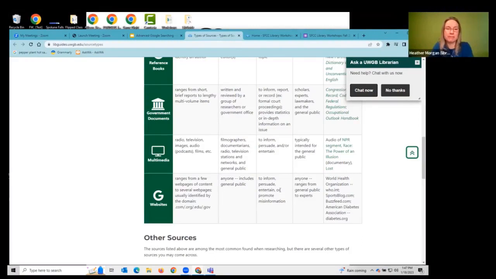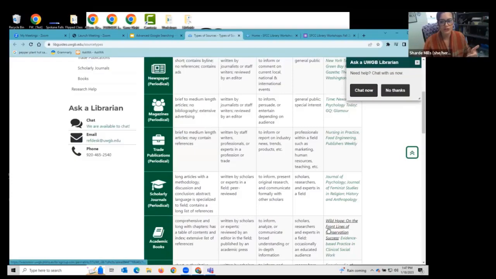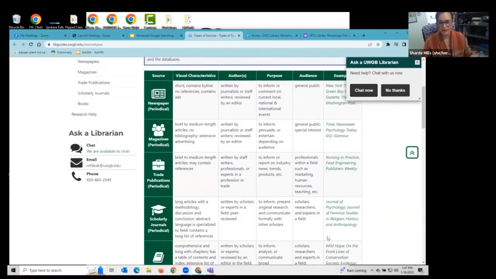And then, of course, we have resources like television, podcasts. I'm a big podcast person, so I get a lot of information from that online and listening. And then, of course, we have websites in general. But honestly, everything we've been talking about so far is a website. So that's what I'm referring to when I say understanding source material. These come up as websites, but they're actually a different source, each one of them. They have different information and a different purpose. And it can kind of get messy looking online, determining what that is. But that is not just your first step in like knowing how to Google well, but also how to assess something for credibility.